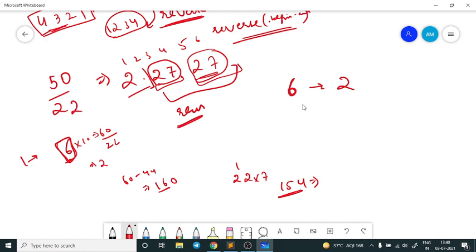And for the remainder 16, my length was 3. Now if I take the remainder after 16, it was becoming again 6. Perfect. So I will check that my remainder 6 was occurring previously. That means this part, 2 7, will be repeating again and again continuously, and hence it will go into an infinite loop.